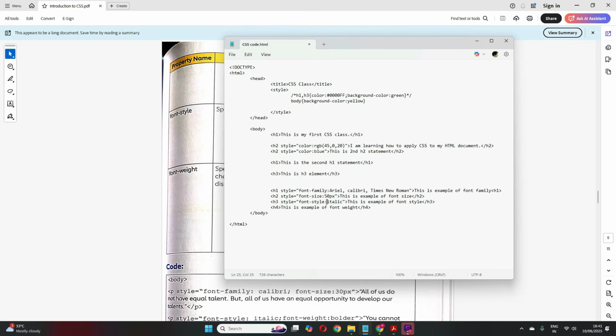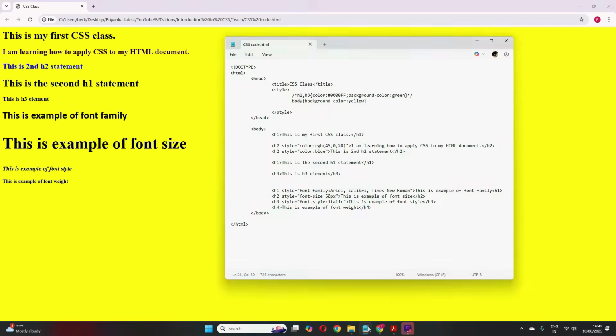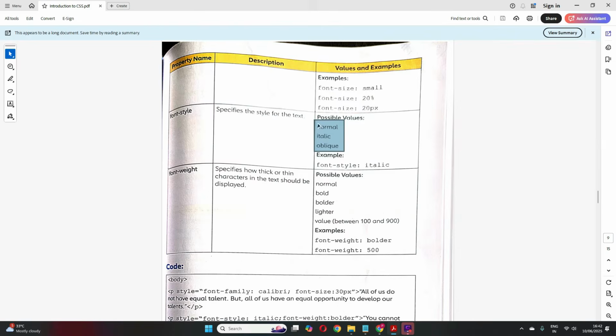See within it, see the syntax. Students, syntax is very important, right? So it's always colon, the value we provide. So now let me just save and see how this font style changed. So see, this has become italic. Clear? So similarly you can specify the other two values also and check how it turns.